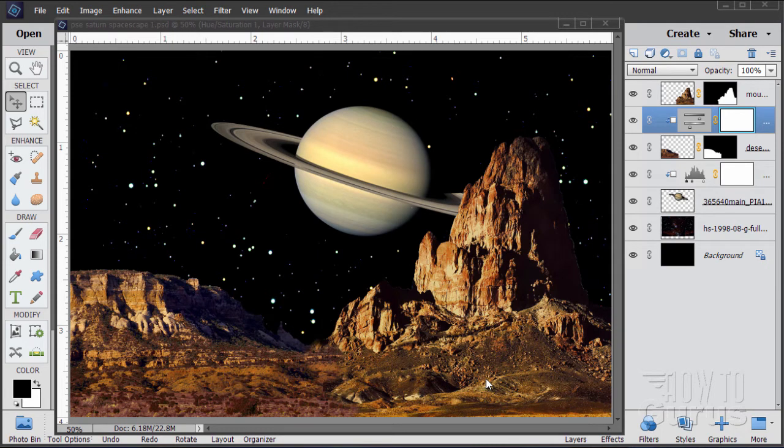Hi, I'm George Pearson, and in this Photoshop Elements Blending Pictures video, we'll be merging several photos here to create